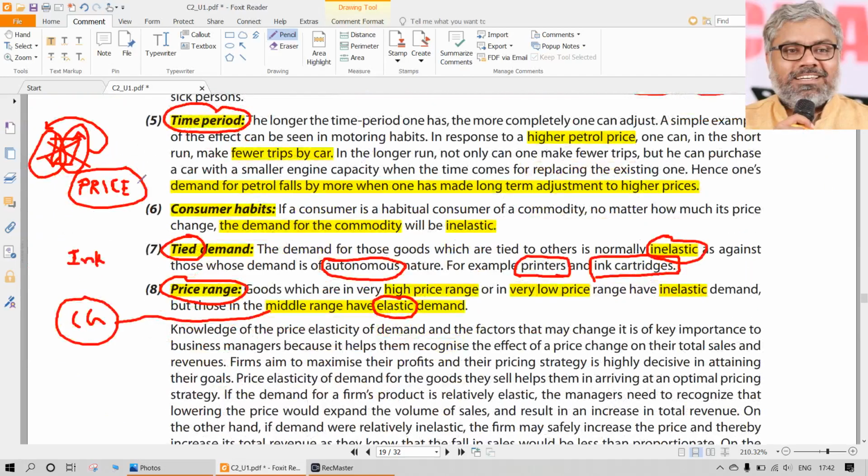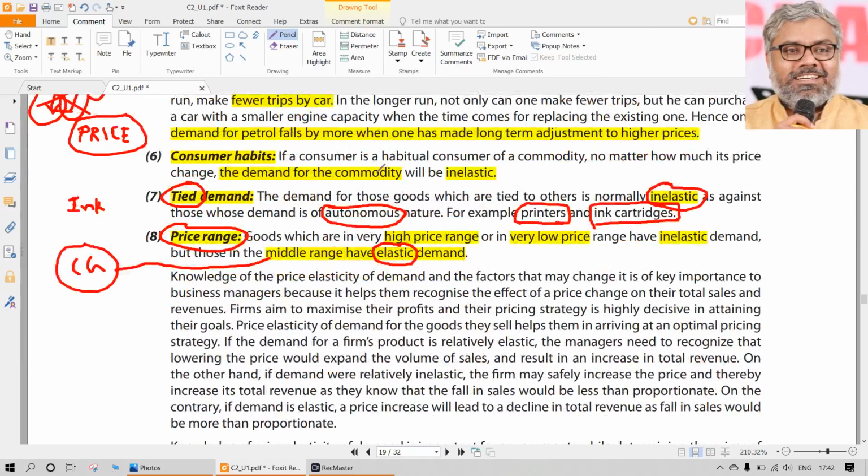Can there be an immediate adjustment in the consumer's pattern of spending, or will it take a longer time to adjust? That also has to be checked. If it can be adjusted quickly, there will not be a problem. There will not be much elasticity. If it is going to take a longer time, then immediately there will be a reaction from the consumer. So the price elasticity will be higher. That also will have an impact. Then, is it a product which the consumer is habituated to?